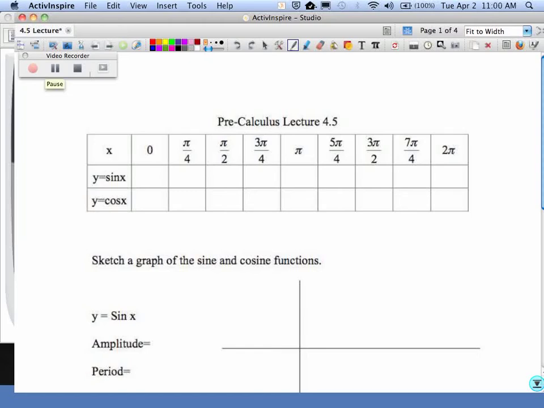So what we're doing in 4.5 and 4.7 is we introduce basically how to graph all of our trig functions. And today we're going to concentrate on sine and cosine, and they're called periodic functions because they have that wavy curve that goes on to the right or out to the left forever. So when you do the sine, we're going to do sine across the top here. I'm going to really focus on a couple spots, and that's the right-hand side of the unit circle, the top,